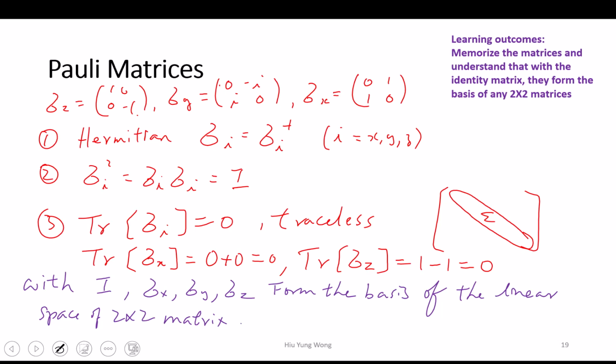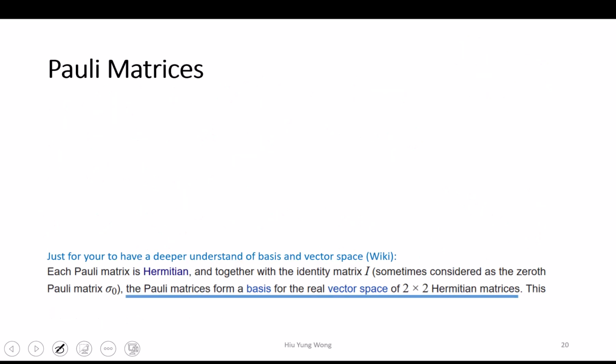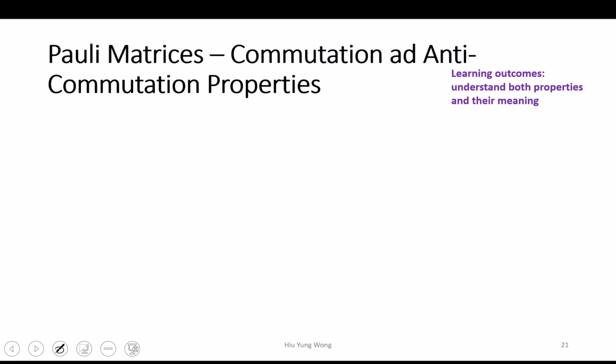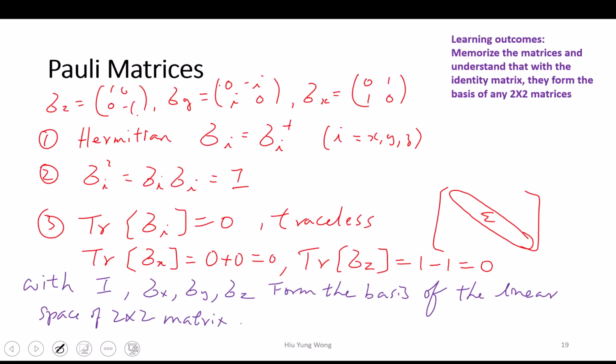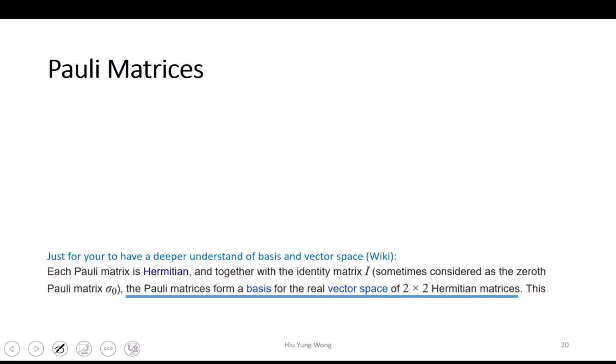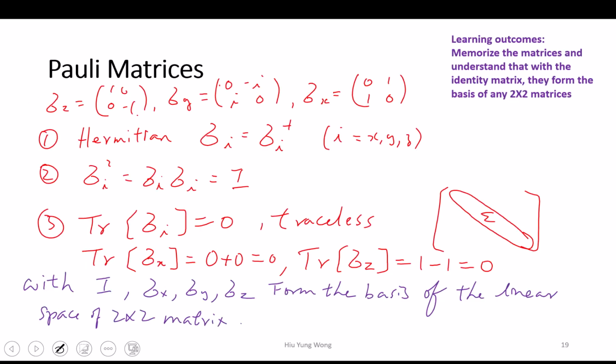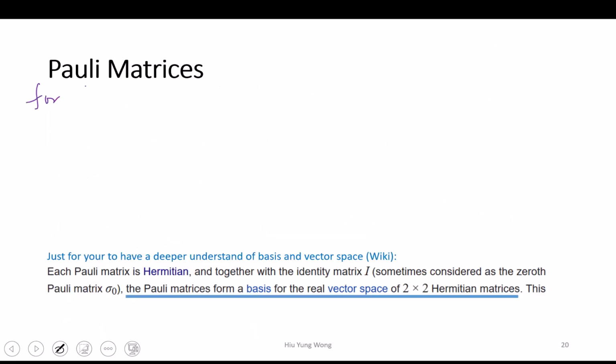So what does it mean, right? Let me just write here. It means that for any matrix M equals M11, M12, M21, M22, a 2 by 2 matrix,